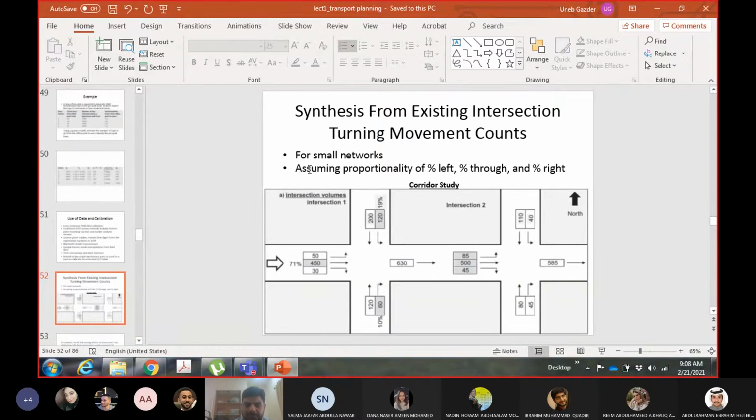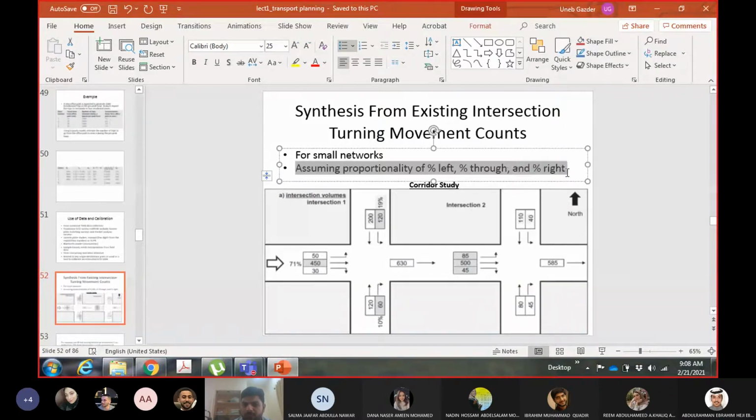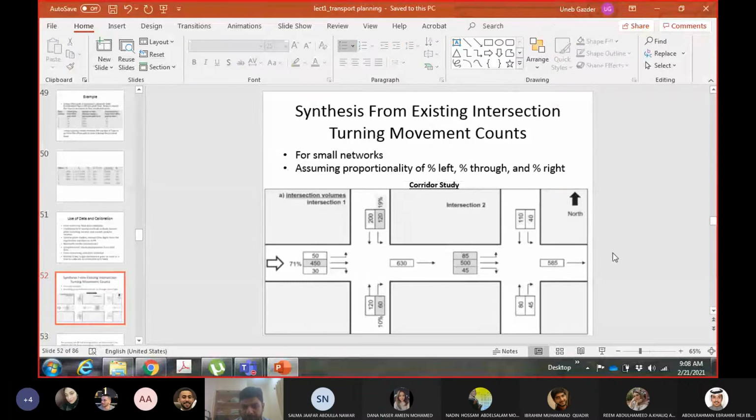Now what we are saying here is, when you calculate the percentage of trips contributed to the proceeding zones, it will be in the same percentage as the trips coming from the previous intersection. When you are calculating the trips which will go from this intersection to these zones, it will be in the same percentage as the trips which were coming from the last intersection. So the percentage left and percentage right will be true for all these movements. Let me give an example.